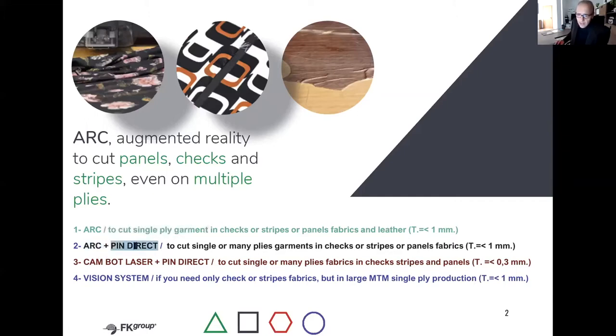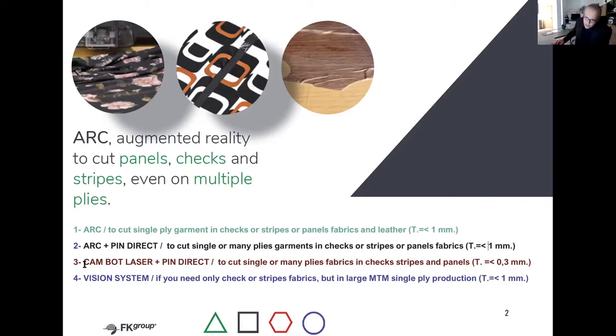Pin Direct is our patented system for fixing the mattress on the bed of the cutting machine. It's good for cutting single or many plies, this is very important, single or many plies garments in checks, stripes, or panel fabrics. Same tolerance, plus or minus 1 millimeter.